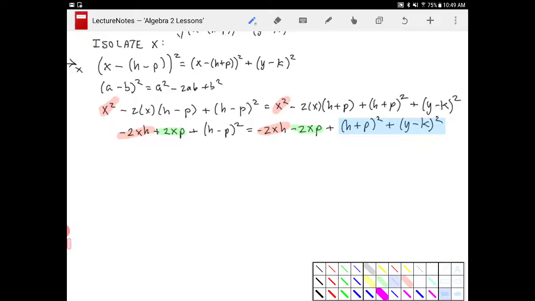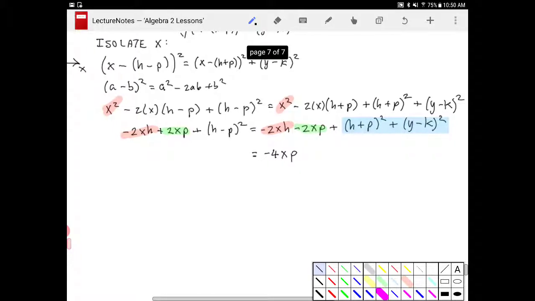So what will that look like? I'll end up with negative 4xp, and on the left-hand side, I'll end up with (h minus p) quantity squared minus (h plus p) quantity squared, and then minus